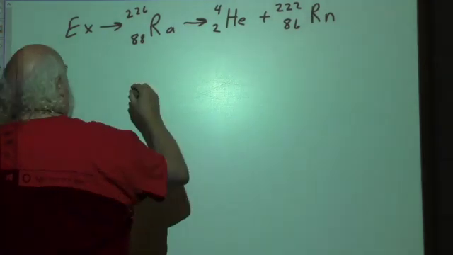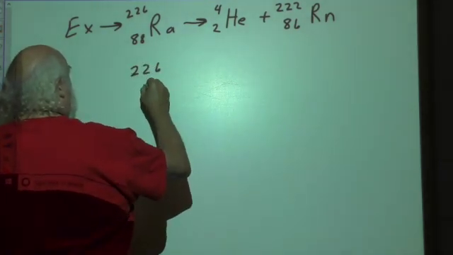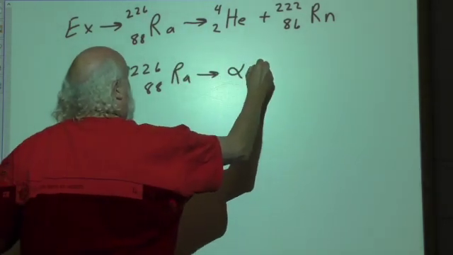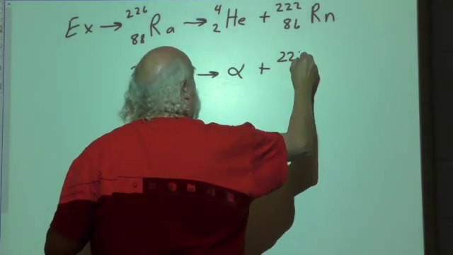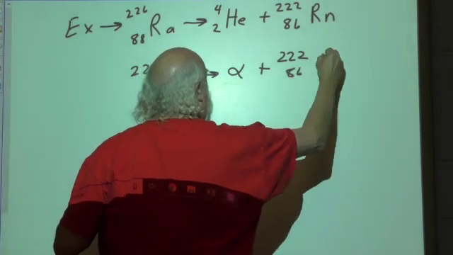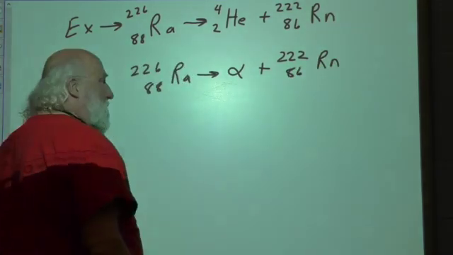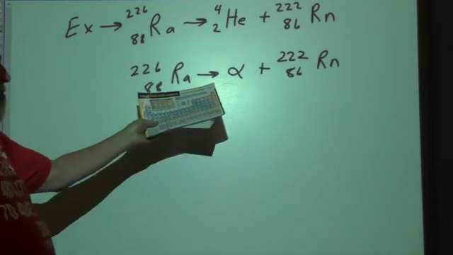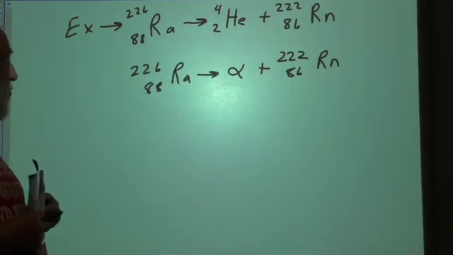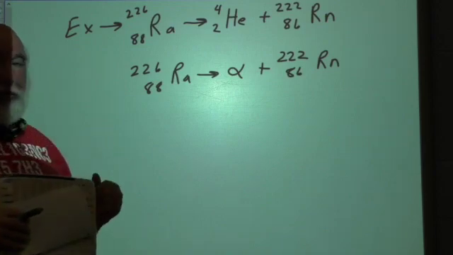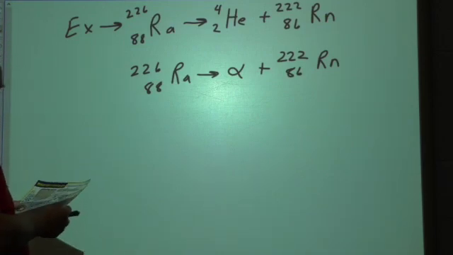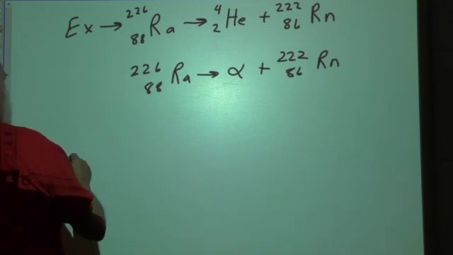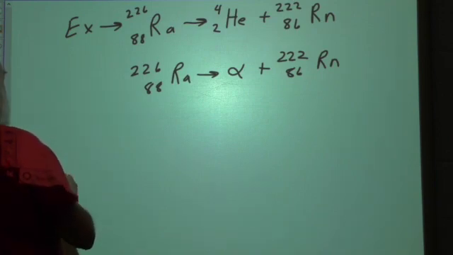Another way you can show this, although technically this is not completely correct because it doesn't show the balancing, is with the alpha symbol. But when you use the alpha for the alpha particle, it's assumed that that is exactly what you're talking about there. All right, the next example in the script is the beta decay